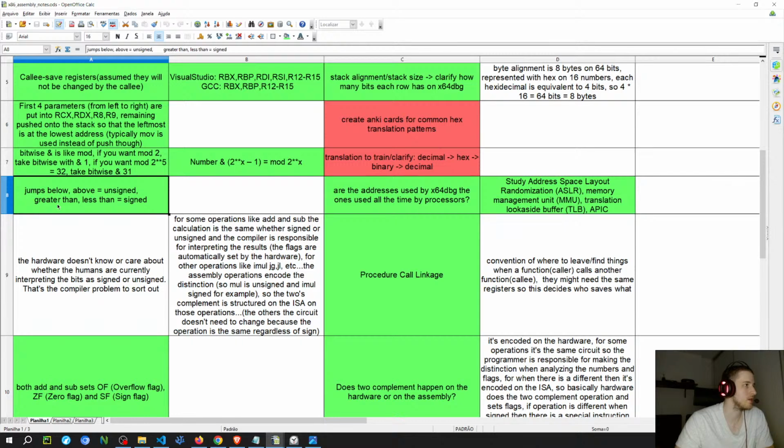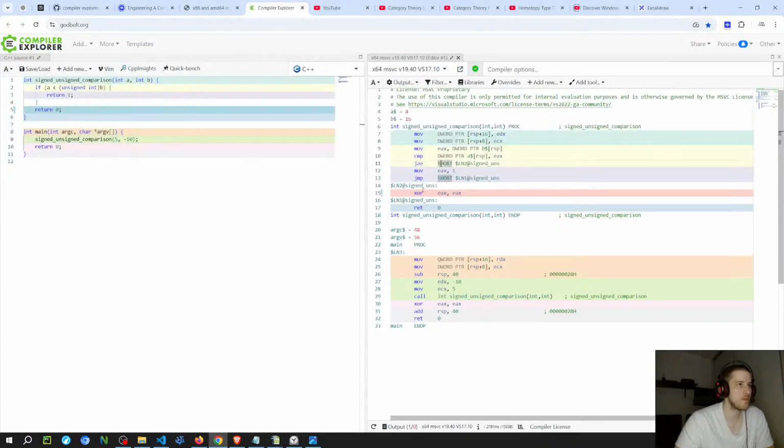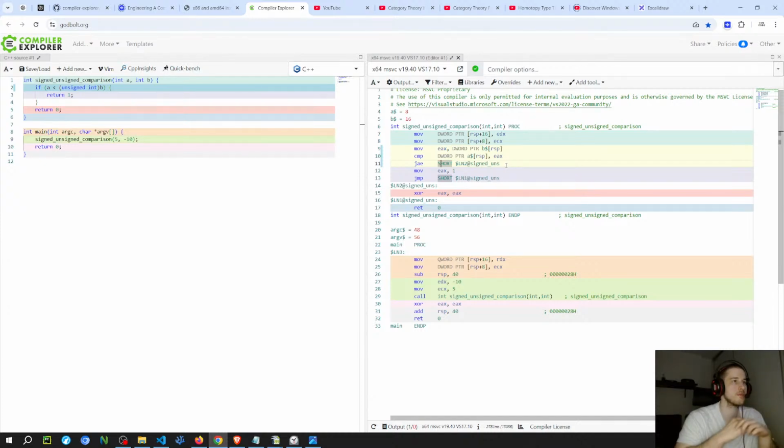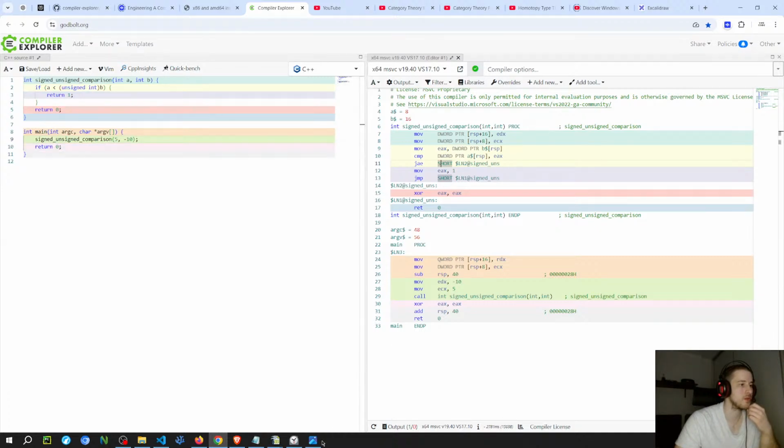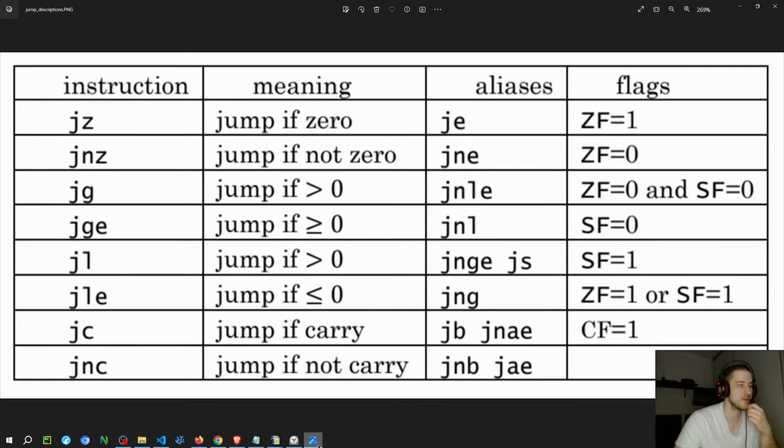So greater than is the ones that are signed. So I think it's going to be based on the ZF flag. So if A, but it has to depend on another flag as well, because how would it test the above situation?